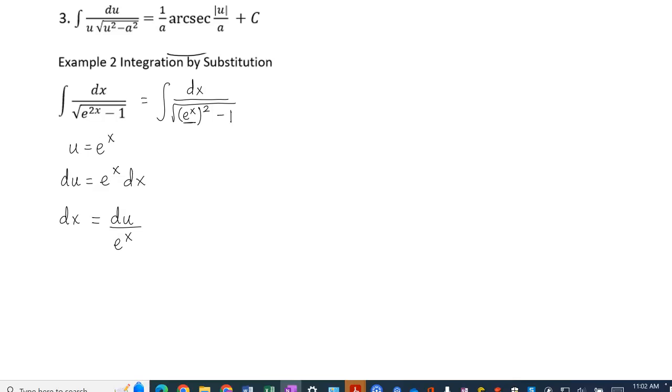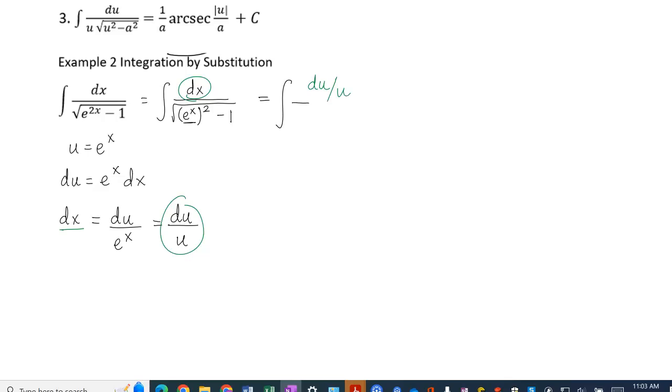So I could replace this dx with this expression here, but when we do the substitution, we don't want to have any more x's in, so I don't want to replace it with that e to the x in that expression. So I'm going to use the fact that e to the x is the same thing as u. So we have that dx is equal to du divided by u. So now we can come in and do the substituting. We'll replace dx with du